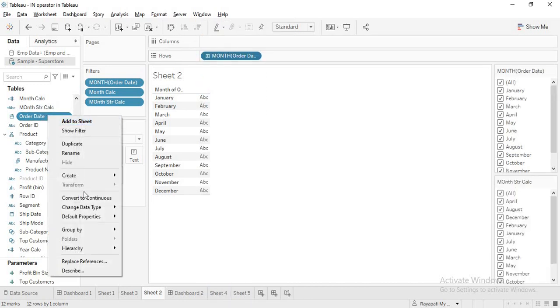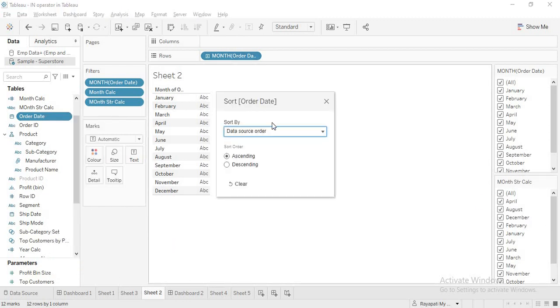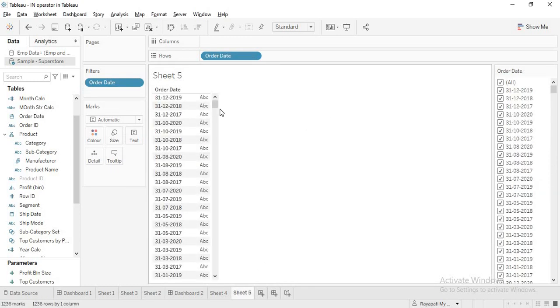Now even when you have months in here, whatever you change will not be reflected. That is again because the months are aggregated. In every year, all the 28 days, 30, 31 days, whatever they are, are all aggregated and then shown. So in any way that you change, this will not change. So when you want to change it, you have to go for month string based calculation or numerical months based calculation. Now getting back to exact days.